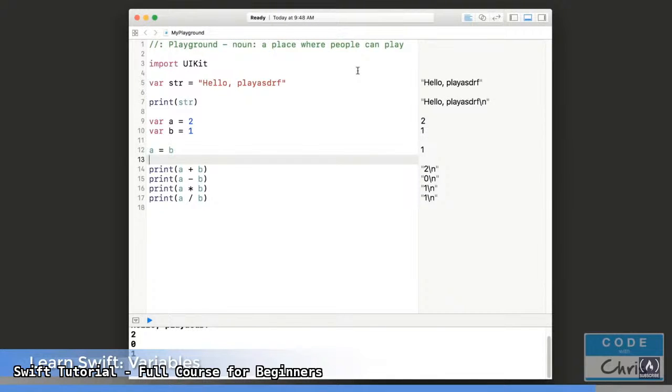Now, before we move on, a quick note on naming variables. Here we have a variable str, and I've named some variables a and b. So normally you wouldn't name variables like a and b because they're not descriptive of the data that they hold. So if you're going to be using variables